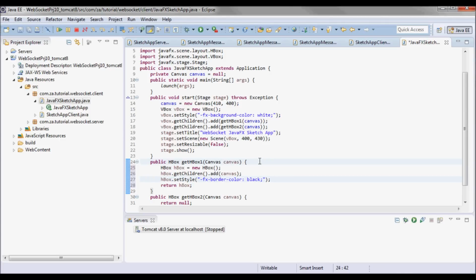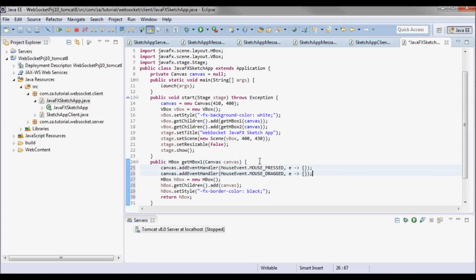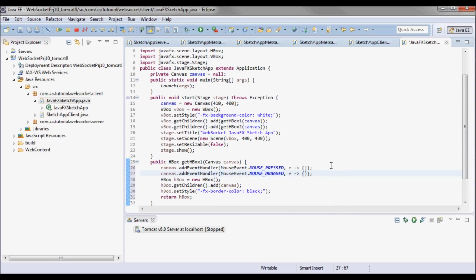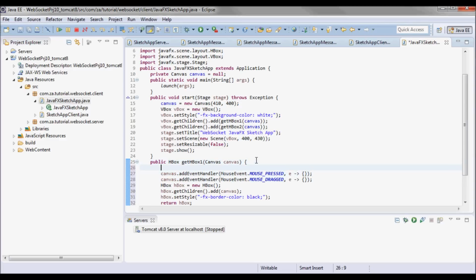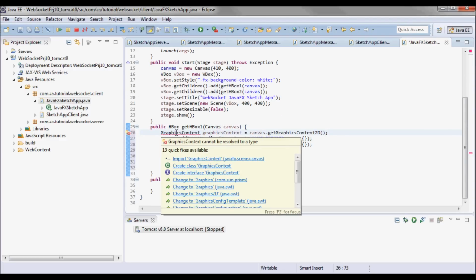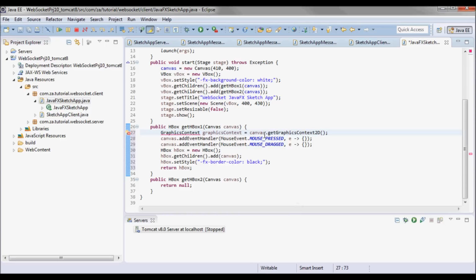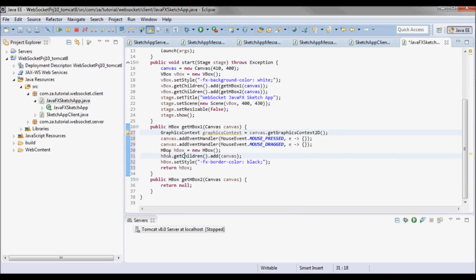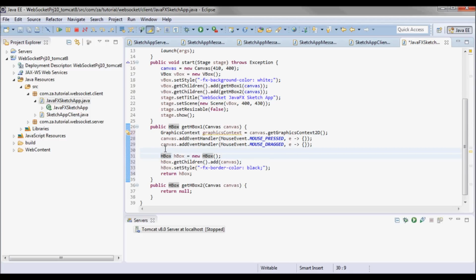And the canvas will be handling two events, a mouse pressed event and the mouse dragged event. And let me pick up a graphics context from the canvas. And I'll set the sketch line width to be 5.